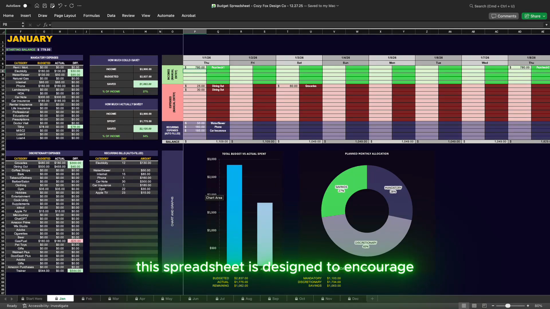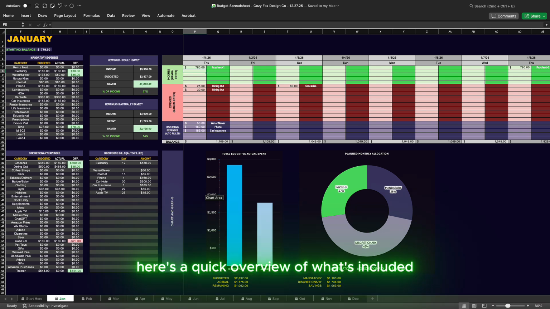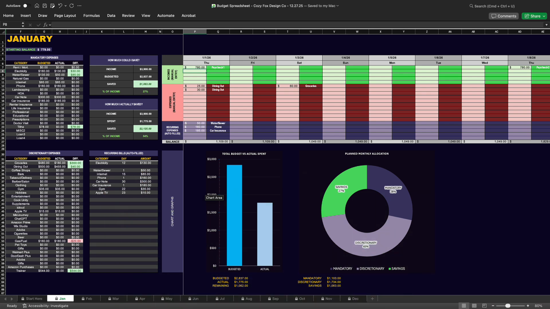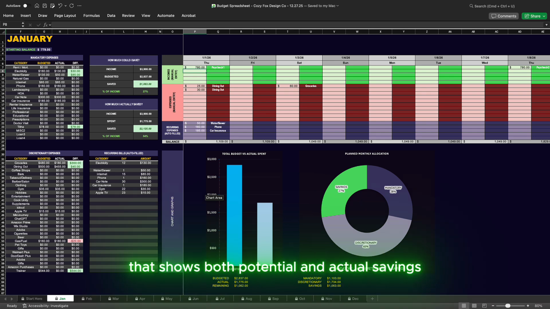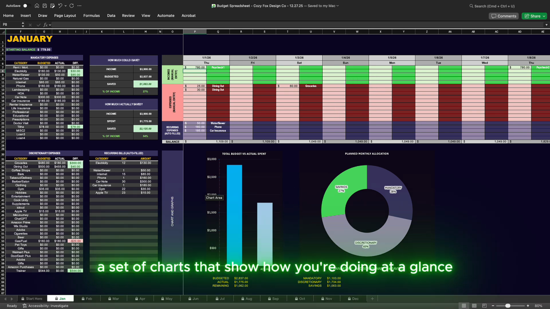This spreadsheet is designed to encourage conscious spending by helping you plan a monthly budget and track your income and expenses as the month goes on. Here's a quick overview of what's included: a mandatory expenses table, a discretionary expenses table, a recurring monthly expenses section for auto-filling bills, a savings section that shows both potential and actual savings, a transactions table for entering daily income and spending, and a set of charts that show how you're doing at a glance and a planned expenses snapshot